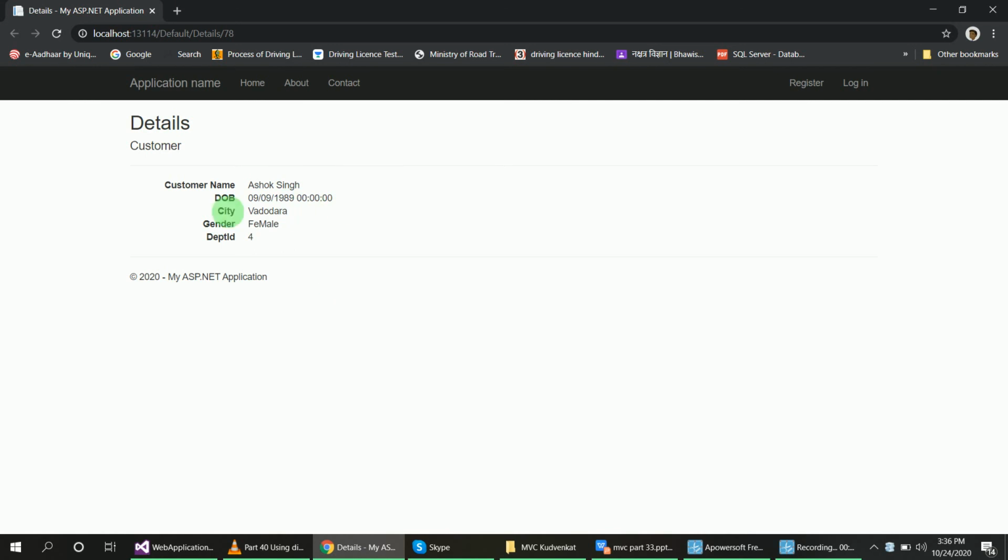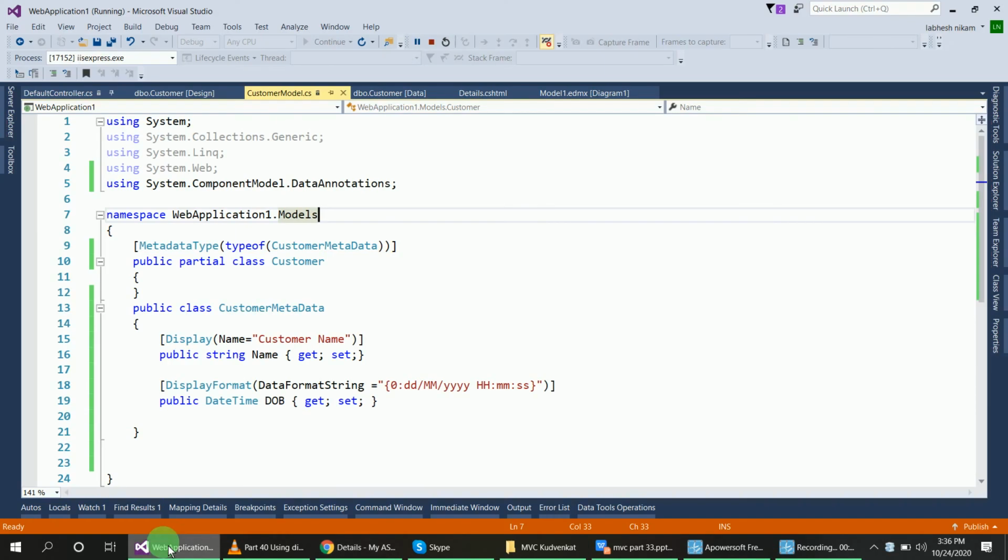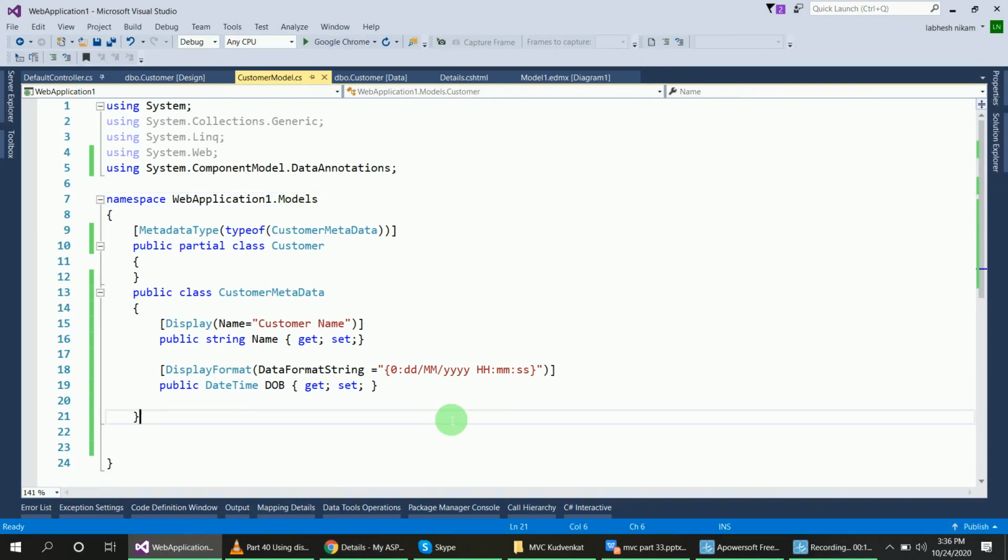Now if you want to display this hour, minute and second with AM or PM, what you should do, editing, you have to add it here in this property.